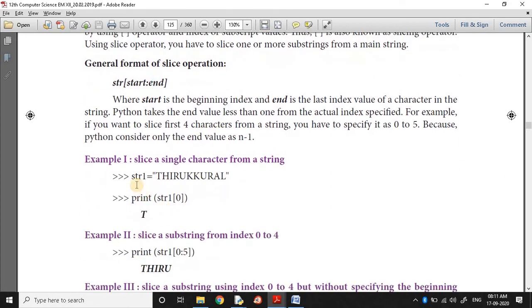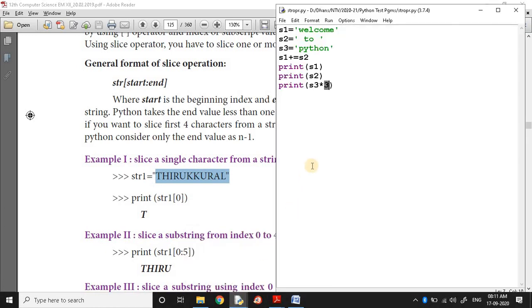Okay, next one. String 1 is Thirukural. The same thing we can explain. Copy, paste. What are the things you can see here?